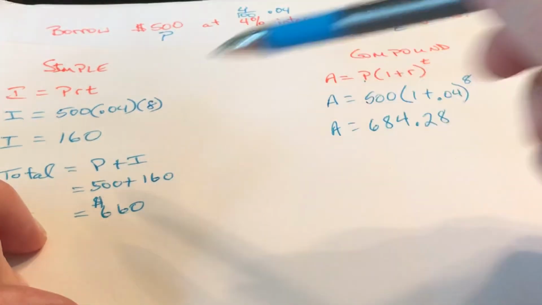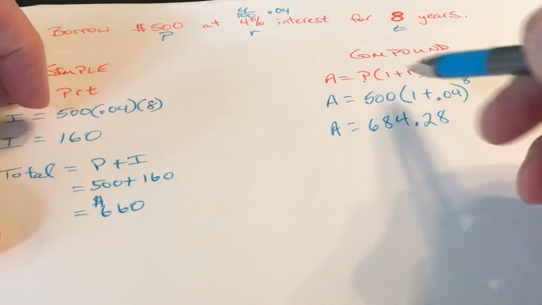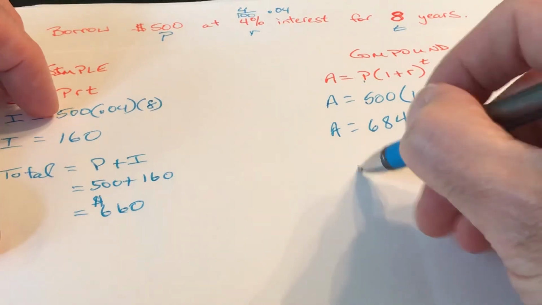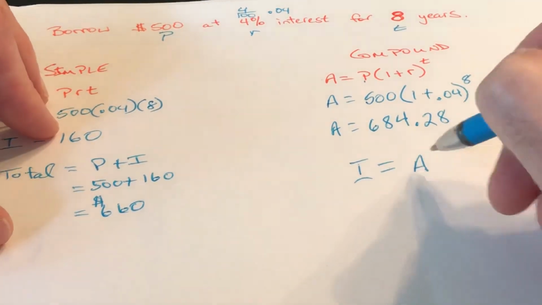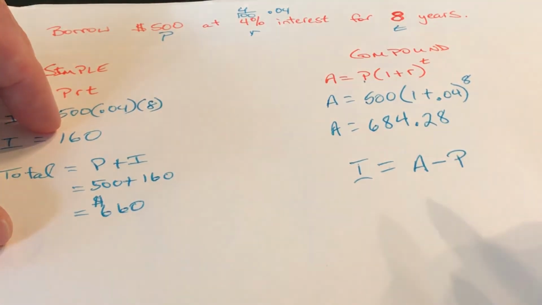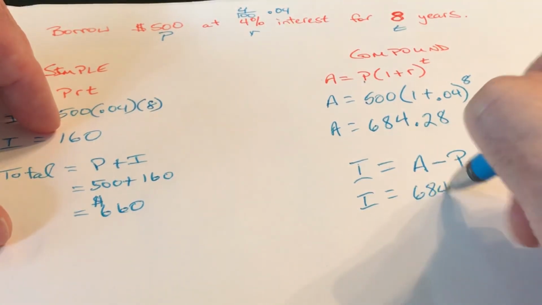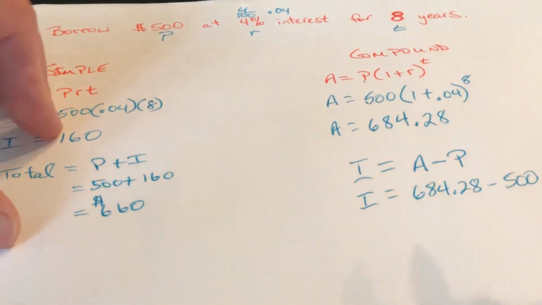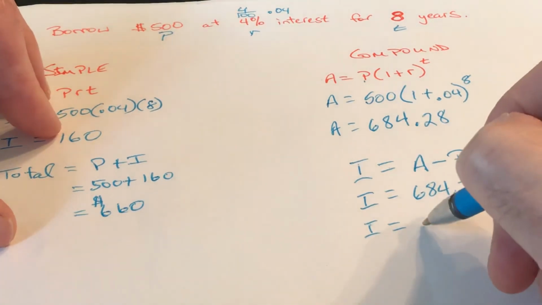So in this case, the one big difference is that this formula gives us our total. The simple interest formula gives us our interest. If we wanted to go back with our compound interest formula and figure out what the interest was, it's kind of backwards from simple, we would take our total and subtract the principal that we started with. So in this case, our interest would be $684.28 minus 500, which I think gives us an interest of